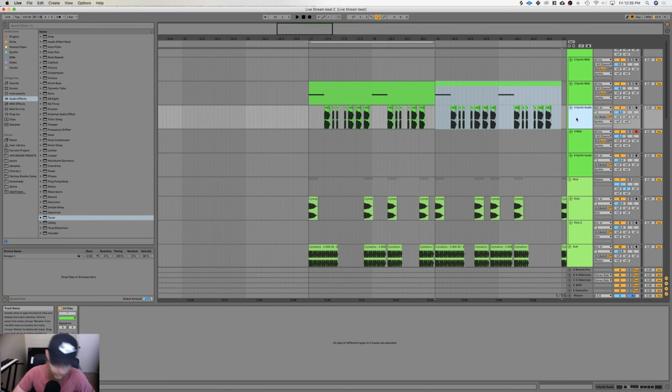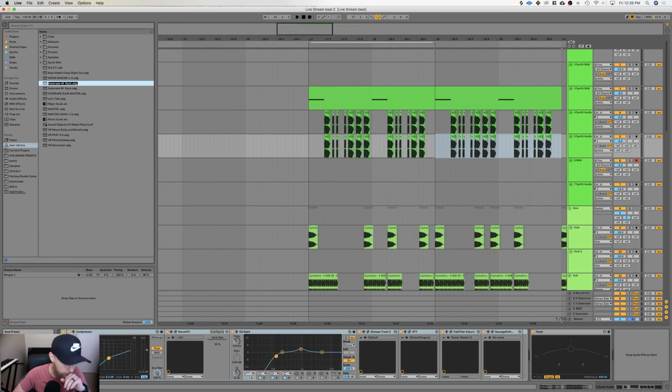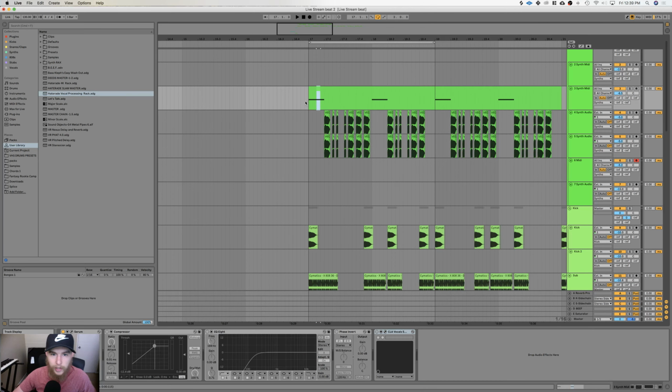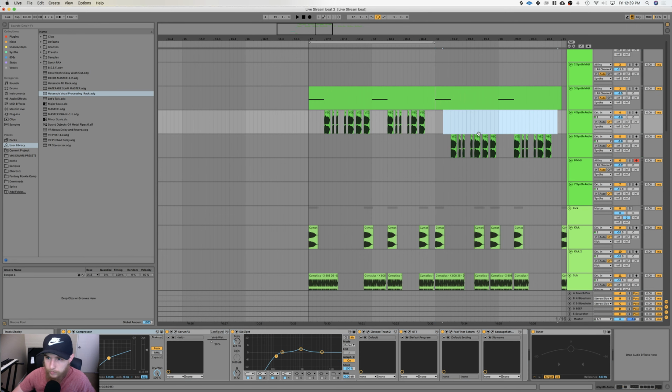Let's try another. First of all, I'm saving this rack because this rack is really good for vocals. We just dropped that vocal sample in there and it turned out to be tight. So I'm gonna save that as Haterade vocal processing. Is that how you spell it? I don't know, guys. Get off my back. Okay, so we'll leave that one as the first one. Then let's try and do another one.